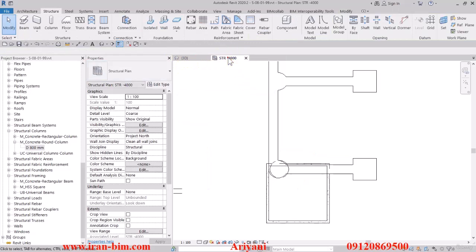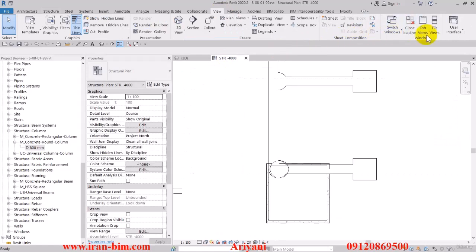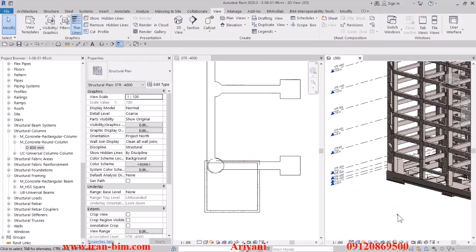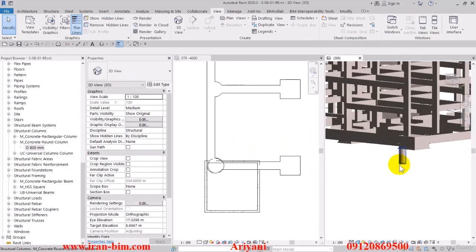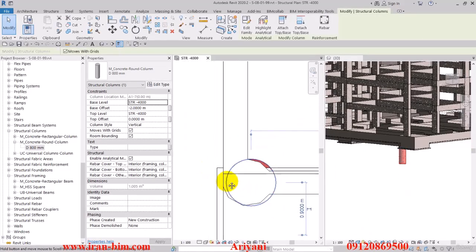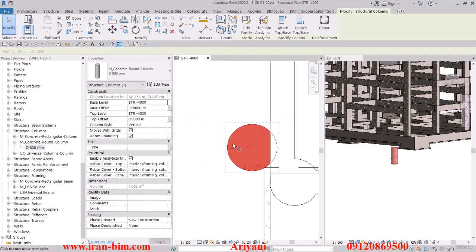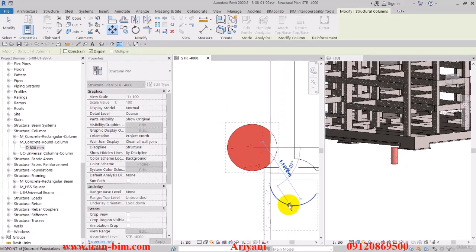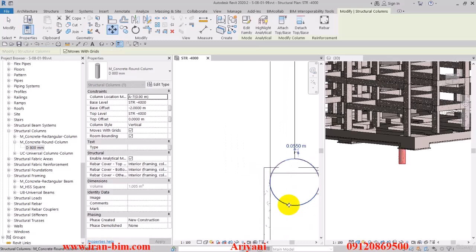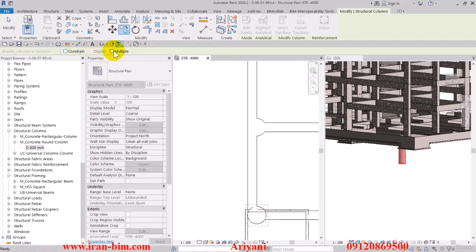how it's been applied. Alright, then from the view tab, I'll select the tile views, and now we can see the 2D and the 3D views besides each other. So it's okay for now, the placement of the column, but we'll adjust it when we get to the next parts. Let me bring it here, and then I'll select move. So then I'll grab the center of it and drag it here, then hit SC, and it automatically finds the point of placement. Then I'll copy it, check the multiple box, then click in the center of this and then